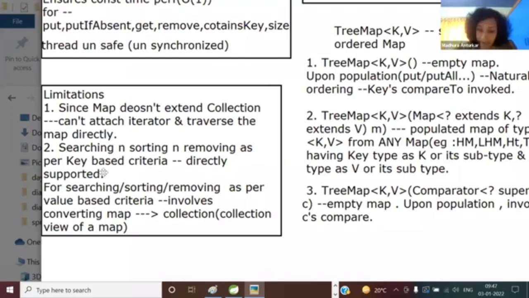Next limitation is, anytime you are searching, sorting, or removing, if you want to do it as per the key, you have ready-made methods. But anytime you want to search or sort or remove as per the value-based criteria, your map simply doesn't have the support. See guys, without example, you won't understand. So in these cases